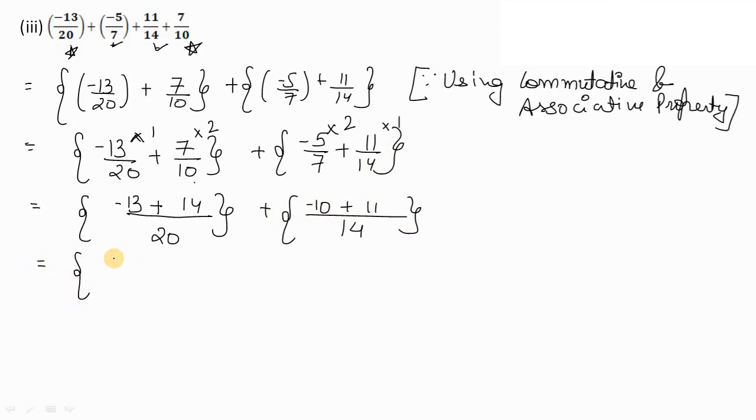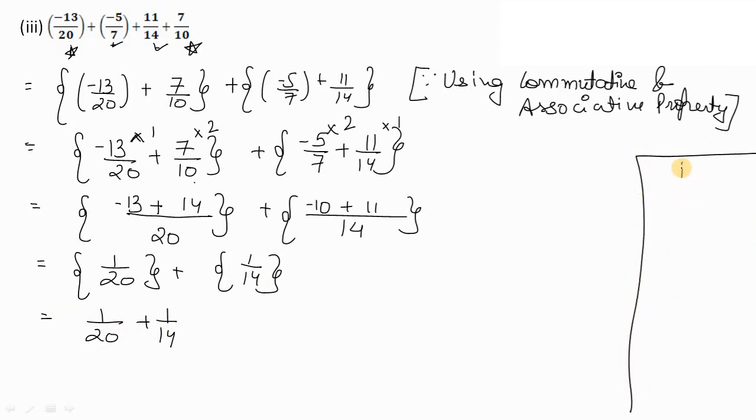So students, now minus 13 plus 14 will be 1 by 20, and in the next bracket minus 10 plus 11 will be 1 by 14. So now you need to add 1 by 20 plus 1 by 14. So we have to find out its